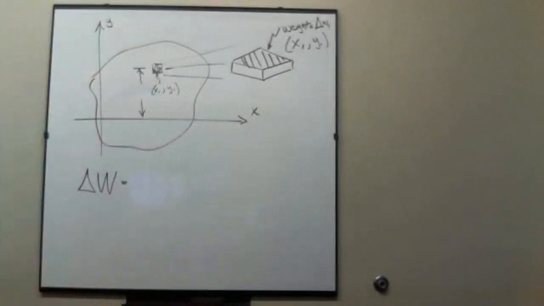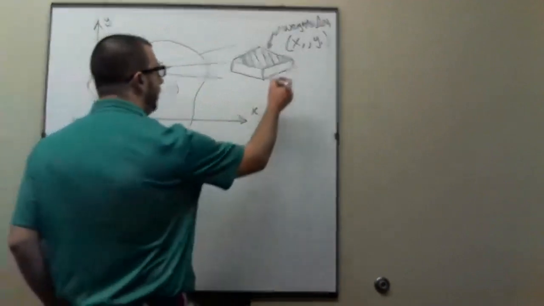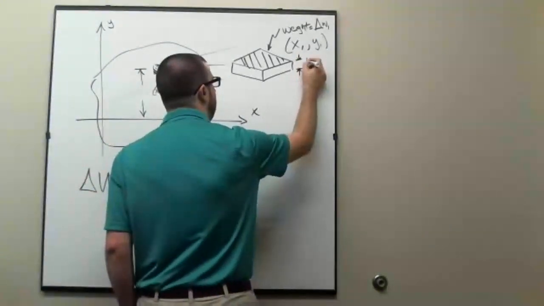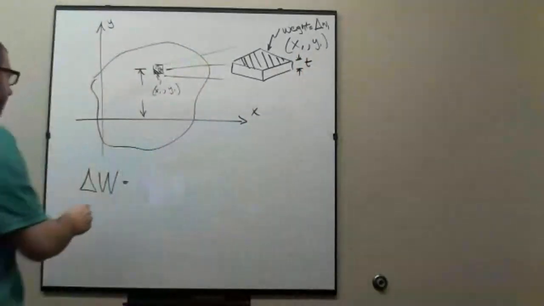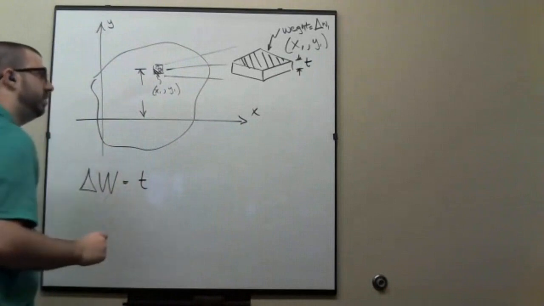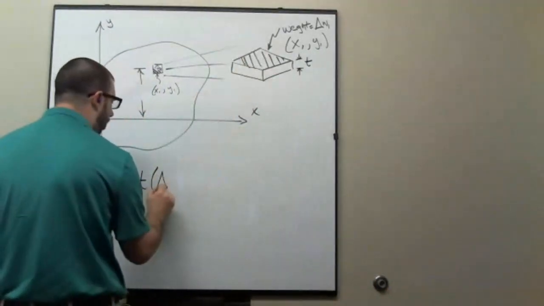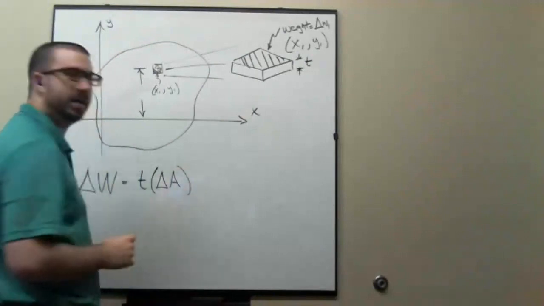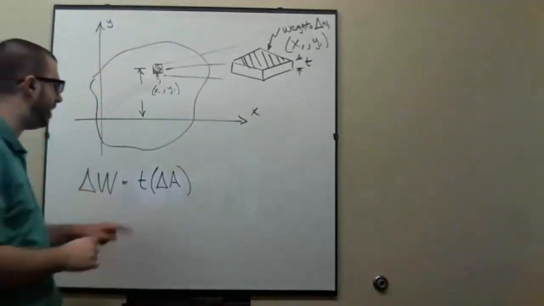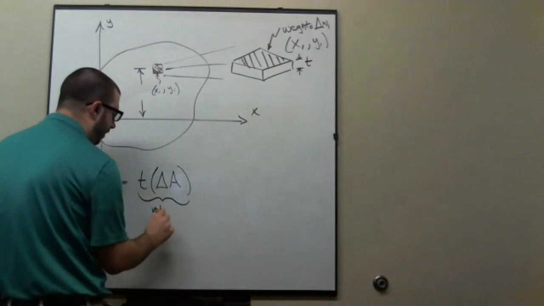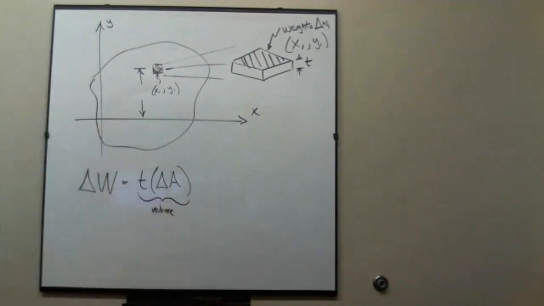How would I do that? Well, I propose that this element is going to have some thickness, right? So it's going to be the thickness times this shaded part right here, which I'll call the area, right? So if I take the area times the thickness, what I'm doing here is basically computing the volume, okay? And so, think about this. If I have the volume of something,